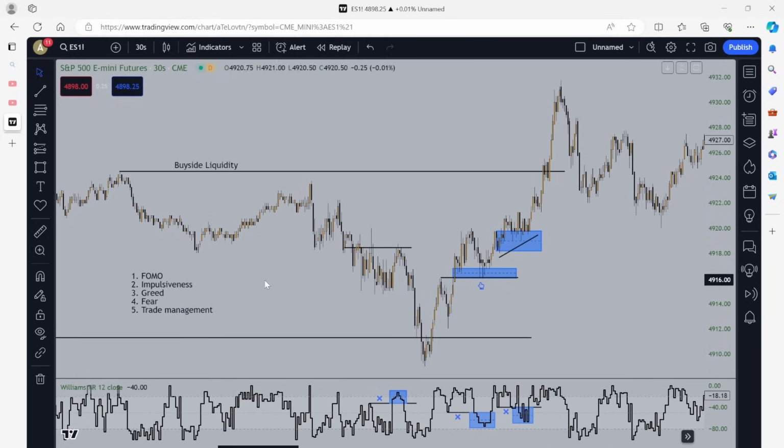I struggled a lot with being impulsive. I was so scared to enter in a trade, right? I didn't want to lose. I don't like losing, okay? I had to learn the hard way. I had to learn how to love losing, right? But so I was impulsive. I would miss my setup and then I would hop in, right? And then I get stopped at it. It would take me out and then go the other way, right? This framework here with the William percent R, it gets rid of impulsiveness, okay? Which is another psychological barrier that a lot of traders have, that a lot of people that I'm talking to right now have.